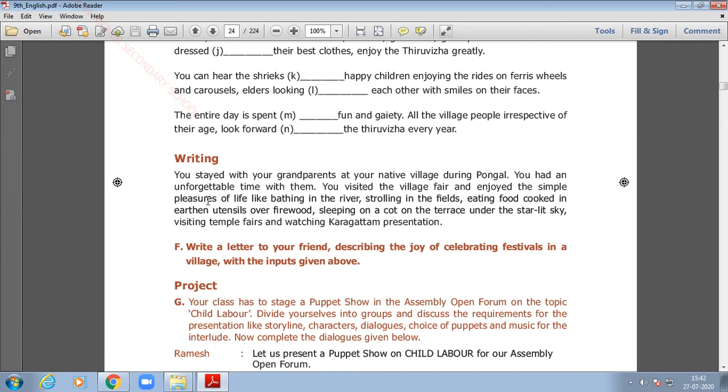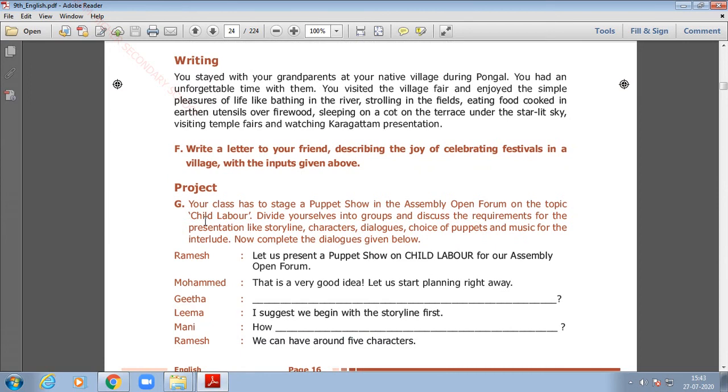Okay children, I think I have made myself clear. Letter writing is not new to you, and this is only an informal letter. You are writing a letter to your friend. Just note down the parts of the letter that I have given you. To the top right you will have your date and the station. You begin with the greetings, then you develop the body of the letter, you have the conclusion, then the subscription, and then the superscription. Superscription is nothing but the address on the envelope. If you have any doubt, you may refer to your composition notebook of the previous year and try to understand how to develop the letter and do it.